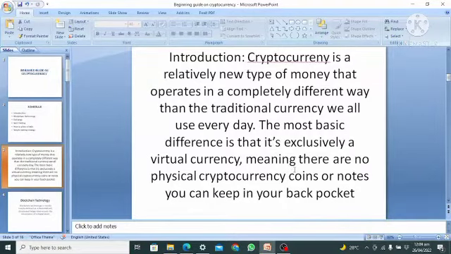So there is nothing physical, where you have the currency in your possession to keep in your house after you bought it. No, they are not like that, but they are money that is being transacted. They are different from the normal fiat we have in our own country. So these are money that you cannot keep in your possession, but rather you can have access to it digitally. So let's look at the next steps.